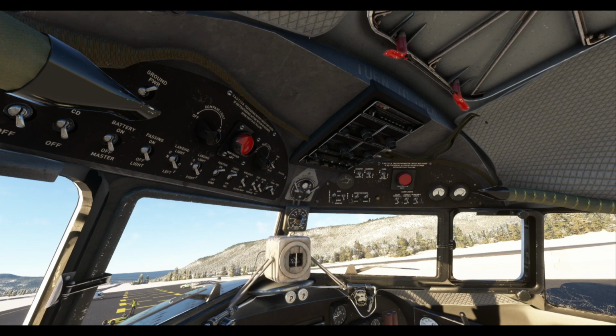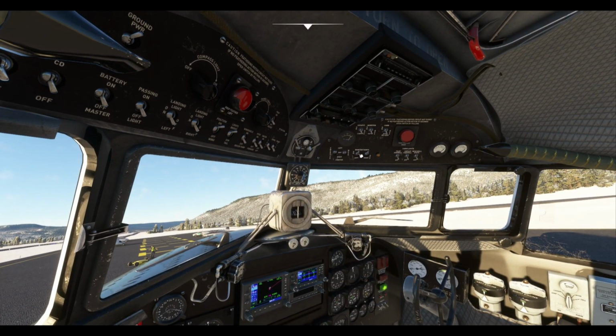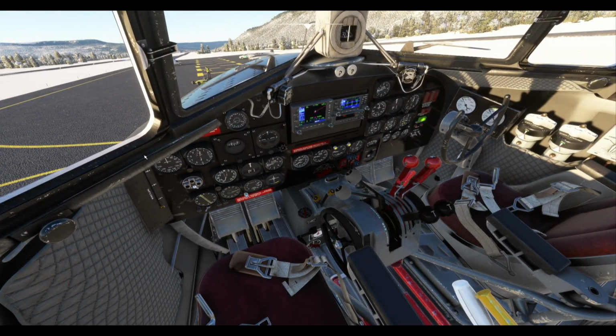I was thinking I was forgetting something, because this is really easy to start compared to that DC-6. So I was like, what am I forgetting? But I'm good. All right, we gotta go to battery power now. Turn the ground power off. And I think we are